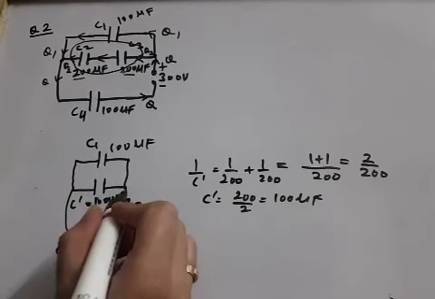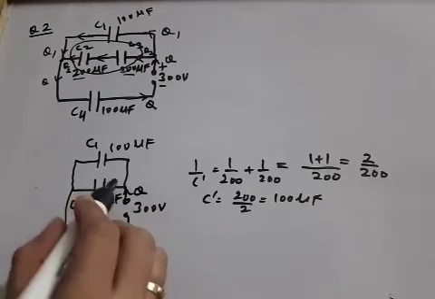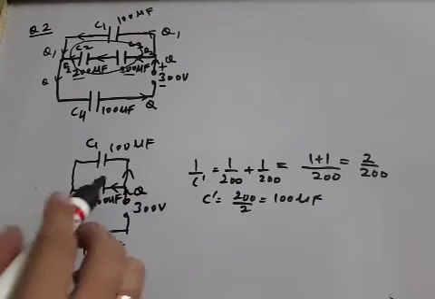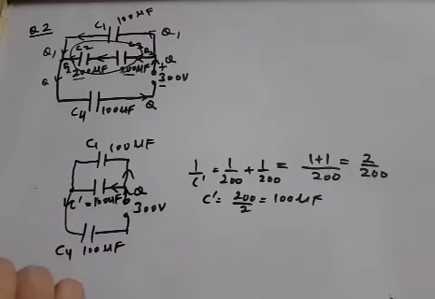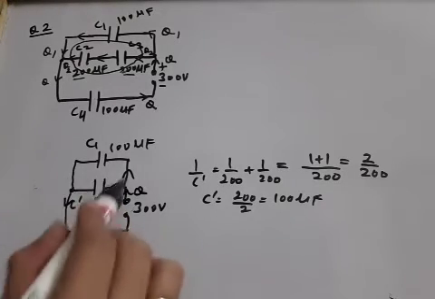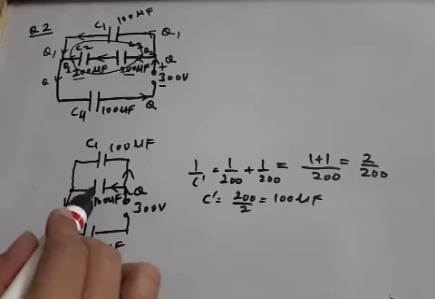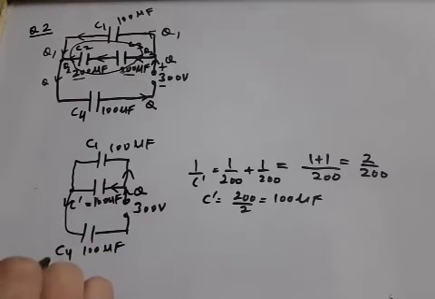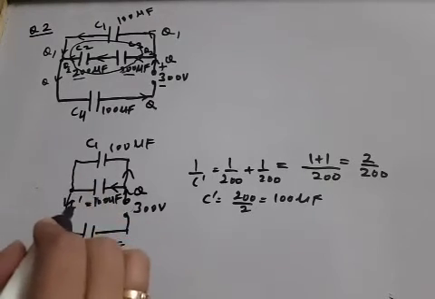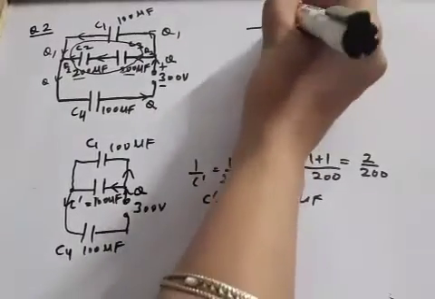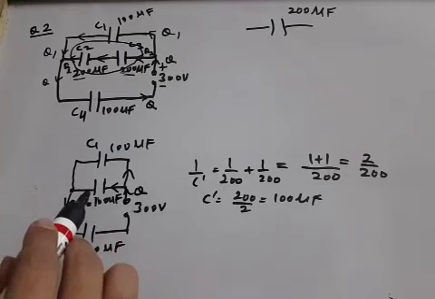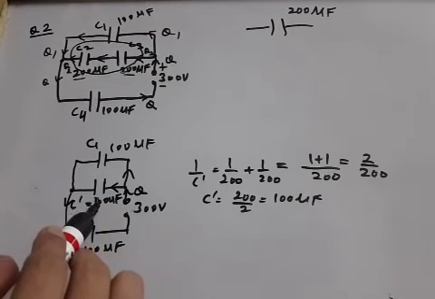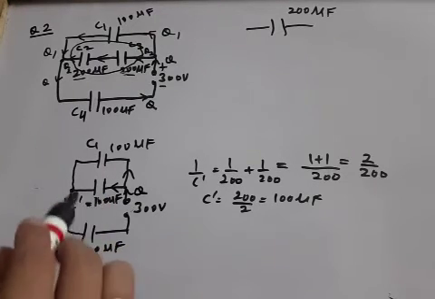How to solve? You see, we had taken the charge Q. It got divided here and here. Then this charge and this charge again got added here. That means these two upper branches are in parallel. So 100 and 100, two capacitors are in parallel. So they will be replaced by a single capacitor of the value 200, because in parallel combination the answer is obtained by direct addition. So 100 and 100 means final answer is 200 of this upper branch.